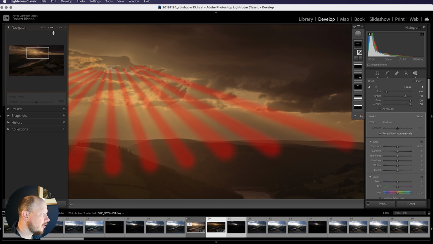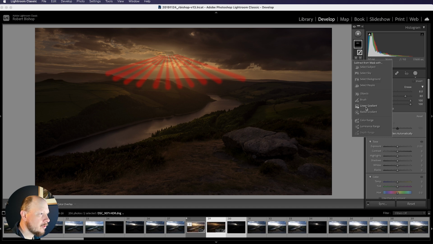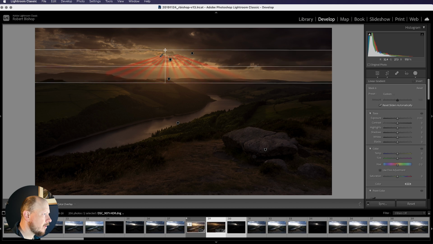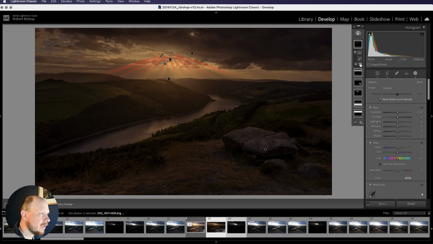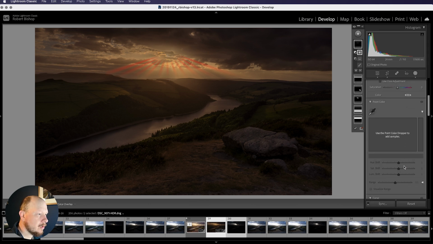So once we've got all those drawn out, we just need to soften those a little bit now. So we're going to use the subtract button underneath the mask, choose a linear gradient, and we can just draw that up over the rays. And you see that just softens the bottom of those out. And we can do the same again, click on the minus, this time use a radial gradient, draw that out at the top, just bring down the feathering a little bit. You see that just fades them out at the top as well. So quickly just close that off,